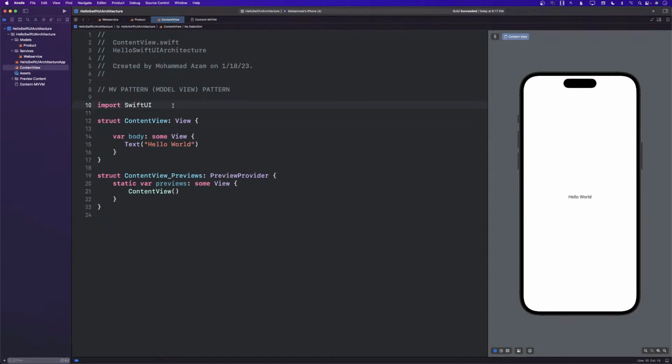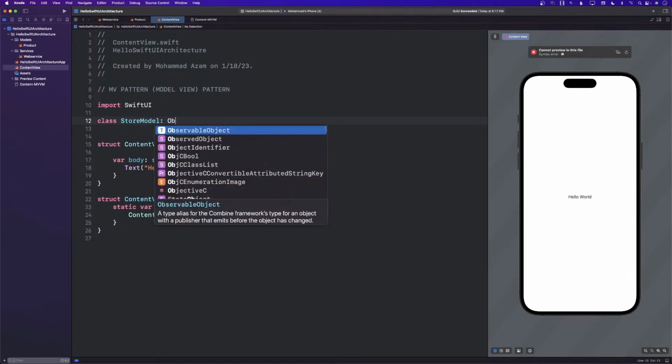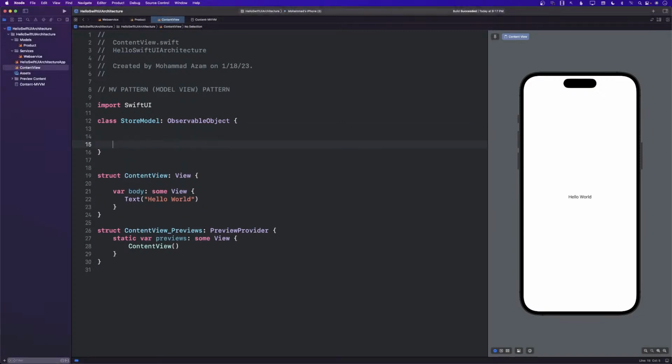All right. I'm going to start with creating a model. Not a view model. I'll call it store model because this looks mostly like an e-commerce website, right? So that's why I'm calling it the store model. And it will be exactly the same code that we have written earlier on. So I'm just going to basically copy the code.